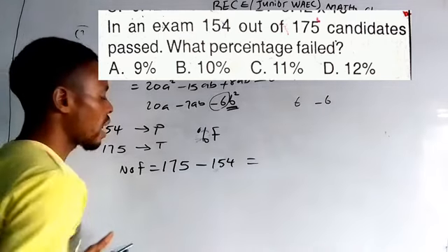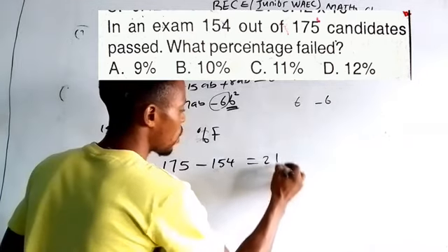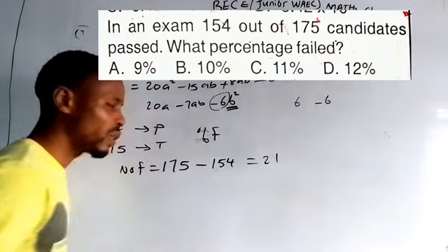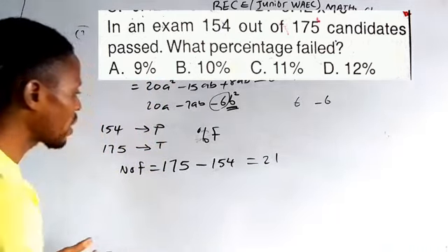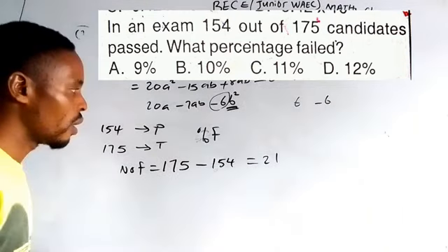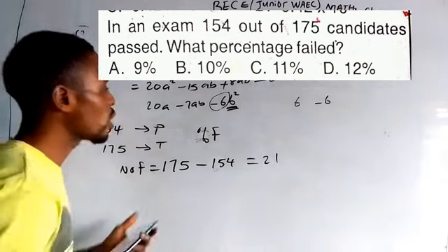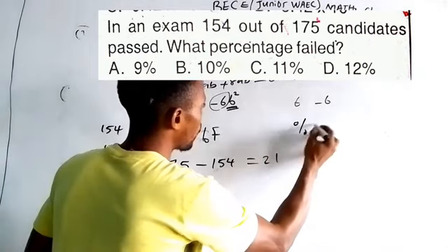So that gives us S equal to 21. So it means that 21 students, the candidates, failed the exam. So the number of students that failed the exam is equal to 21. Therefore, to calculate the percentage of students that failed the exam,